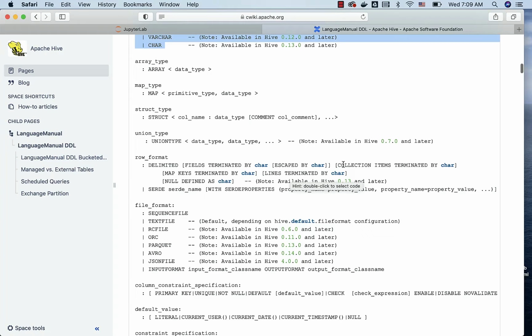Also, if you are using types such as array, map, struct, etc., we have these additional clauses that can be specified as part of the delimited. For array and struct, we can use collection items terminated by. For map, we can use map keys terminated by, and so forth. Even the lines delimiter can be specified here. The default is the null character, and we don't need to override that in many cases. However, for other things, we might have to use whatever is relevant for us rather than using the defaults.